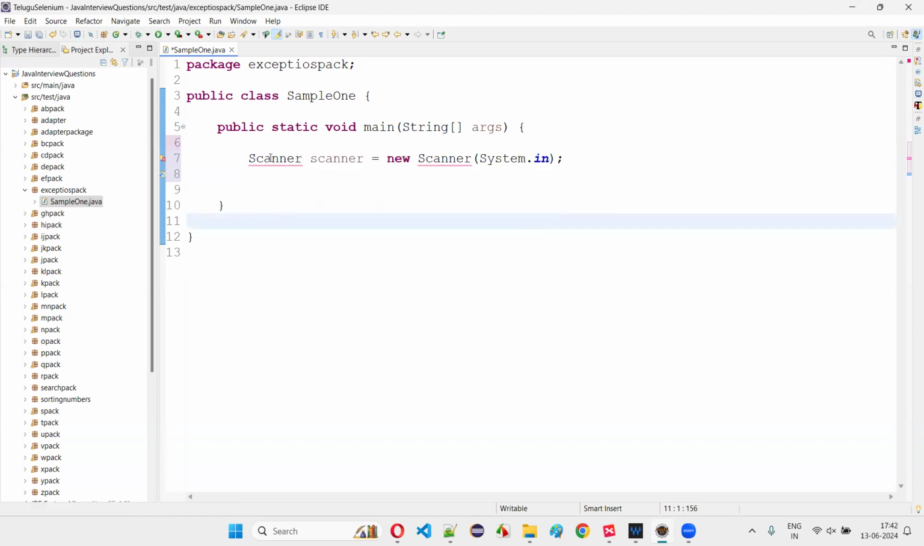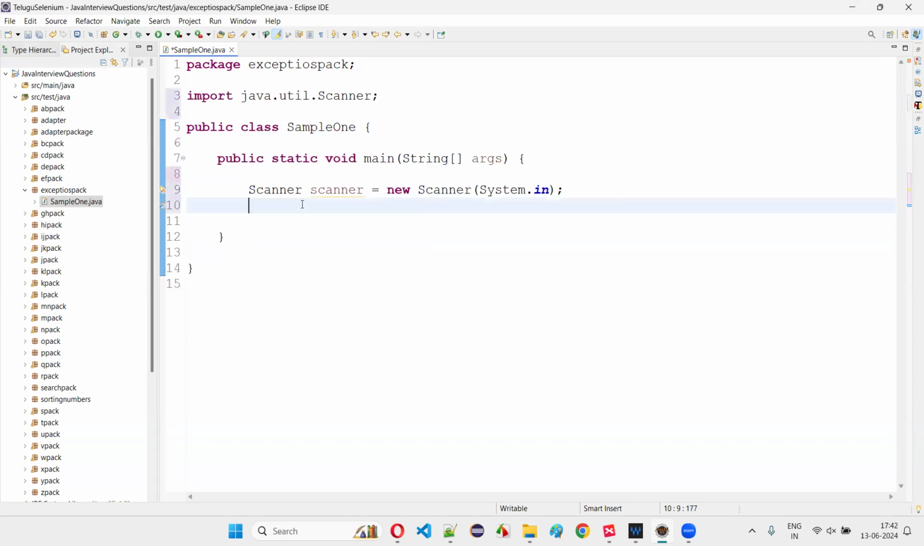Hover the mouse over this and import the Scanner class from the java.util package. After that, you just display some helpful message for the user: Enter your age. By looking at this text in the output console while the program is running,